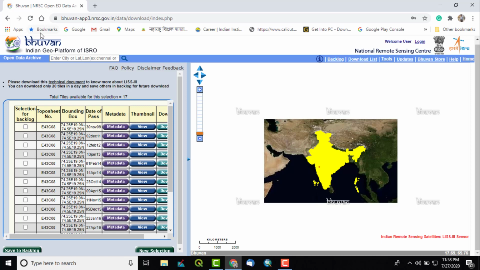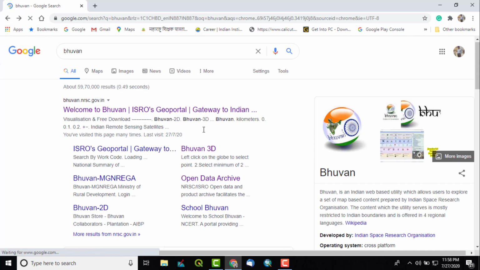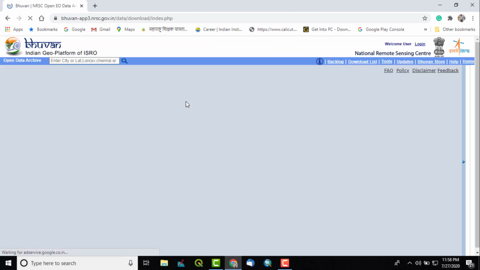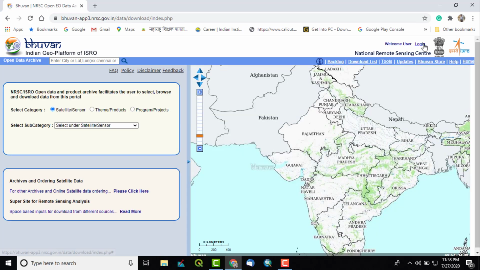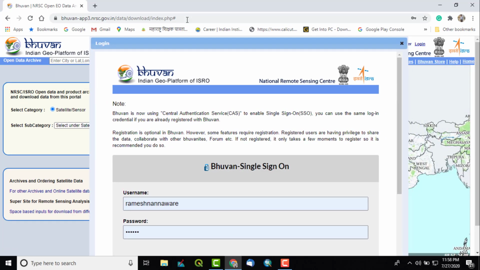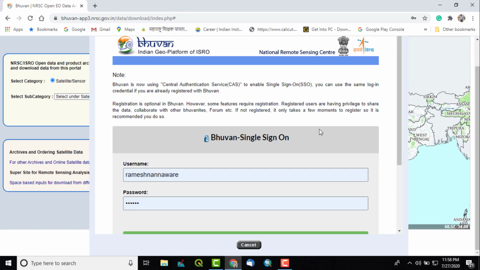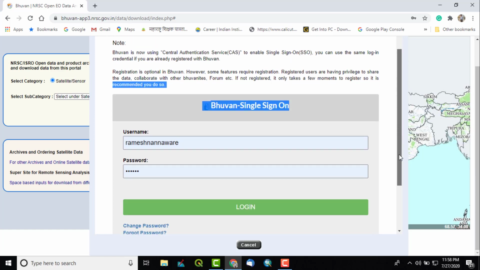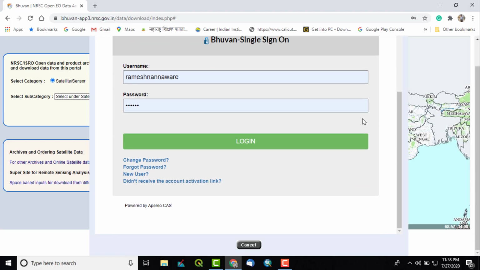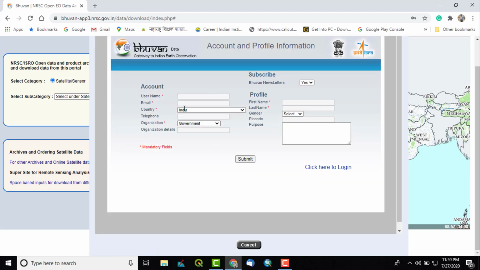So first we will see how to log into our account. I will go to Open Data Archive and click on login. I already have my account, so it is showing my saved credentials here, username and password. But if you do not have an account, you will click on new user and fill in all this information, and then submit it.